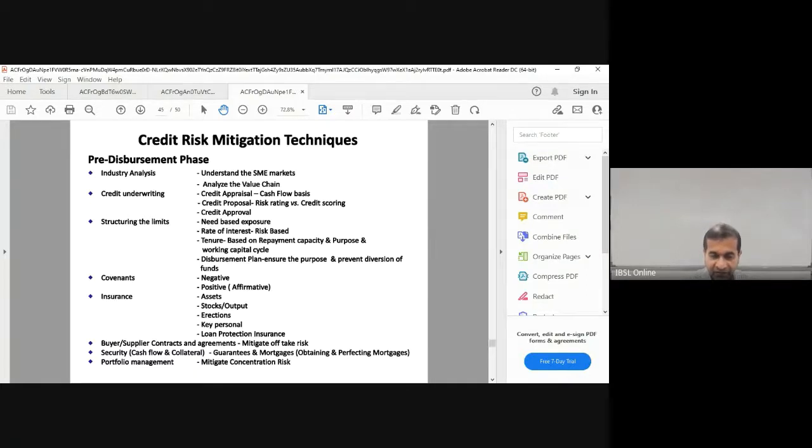It is just a kind of comfort, it's like a forward rate agreement. There's a particular buyer who is ready to buy the stuff. So the market risk is eliminated as a result of that kind of buyer-supplier contract. And suppliers may also get into contracts to supply a certain amount of goods for a continuous period of time. Then you can go for securities, which I will discuss later on, and then portfolio management.